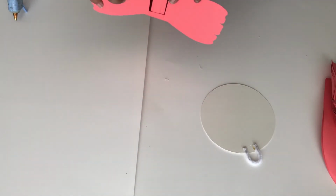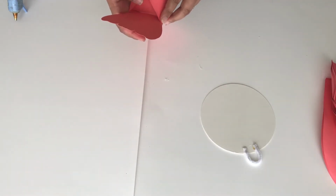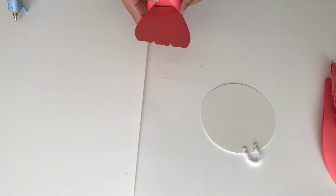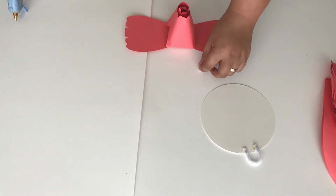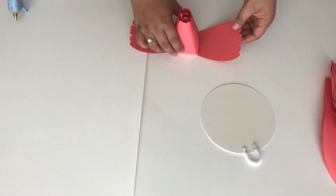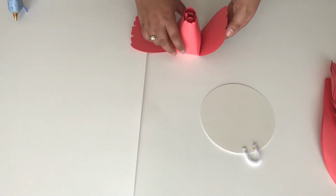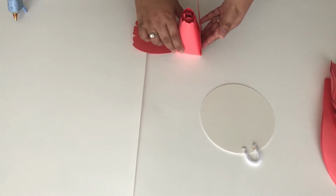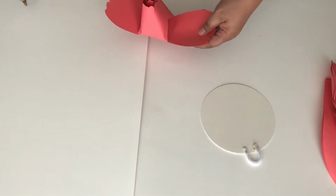Sometimes your paper quality also has an effect on the gluing of petals. This one actually is not a very smooth paper. It's a rough one because I believe this is recycled paper. So it's harder to glue it together, especially with this tight glue. So now all you need to do is press these petals upward like so,